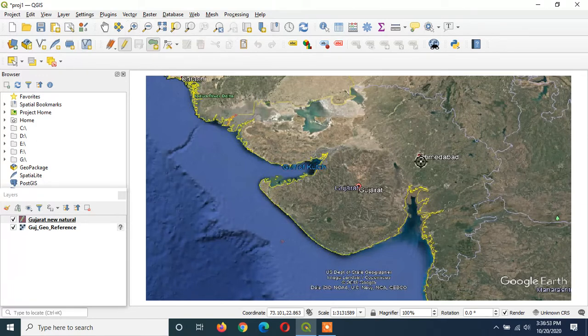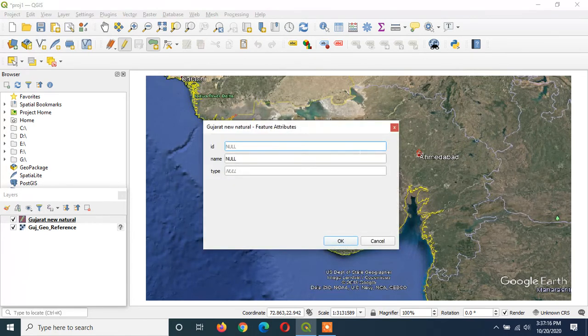I am clicking here, and in Ahmedabad I am going to show one polygon. I am drawing this polygon a little bit big so that you can identify that there is a polygon. Once you are done with the editing, you can right click. As soon as you right click, it will ask for the values of this polygon.